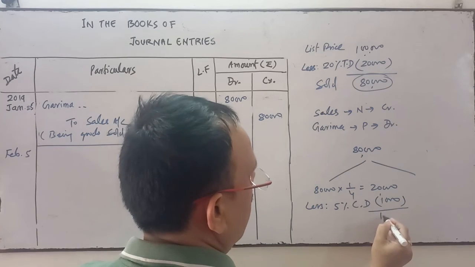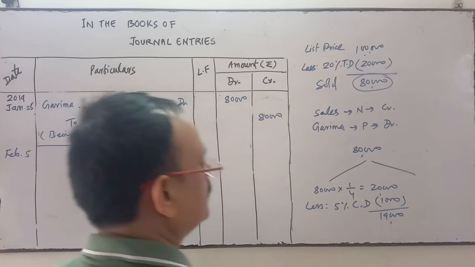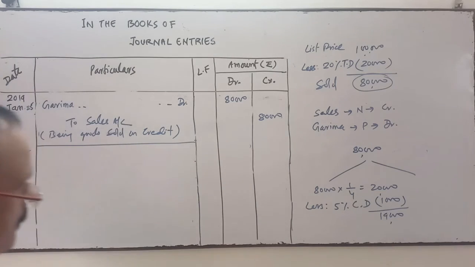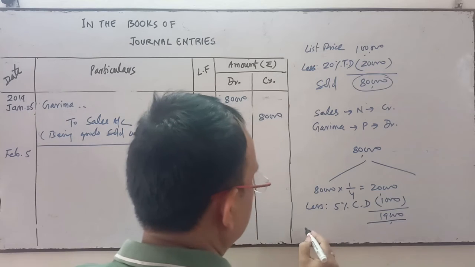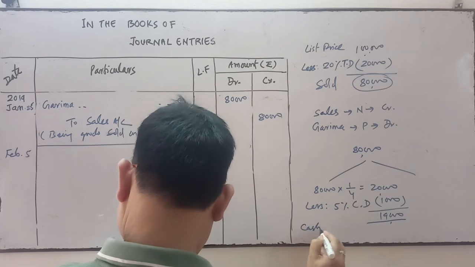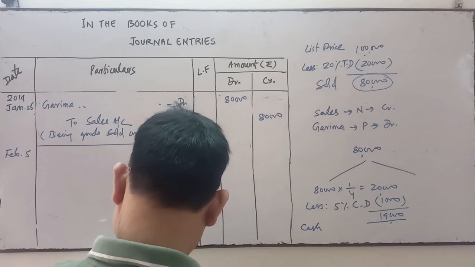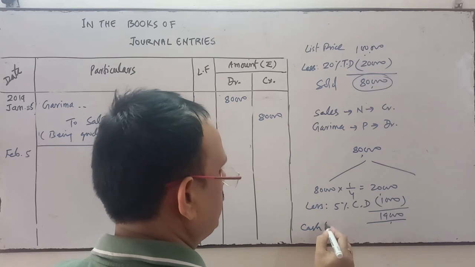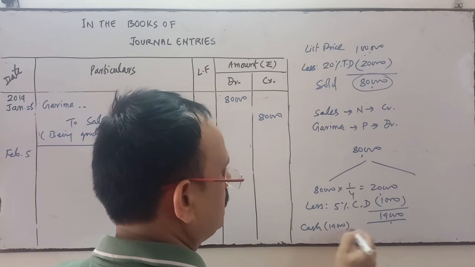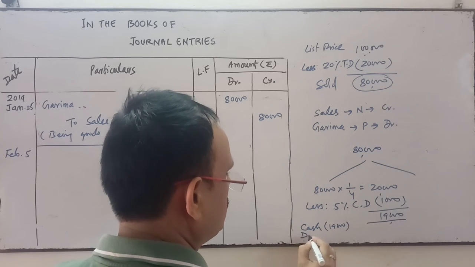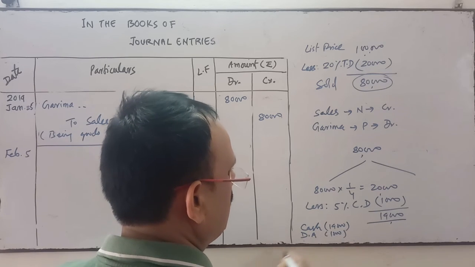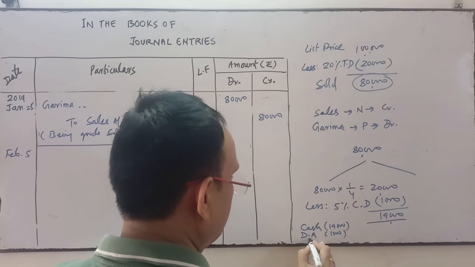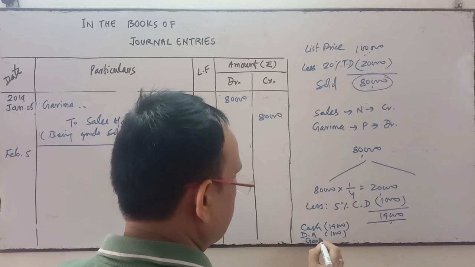Okay. So 19,000. See. So accounts involved in these transactions are cash, 19,000, discount allowed 1,000, and Garima, she is paying the amount,